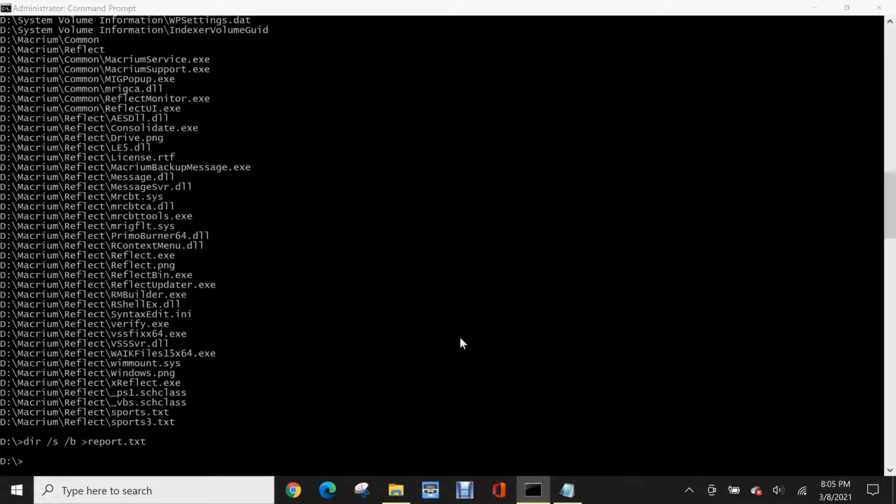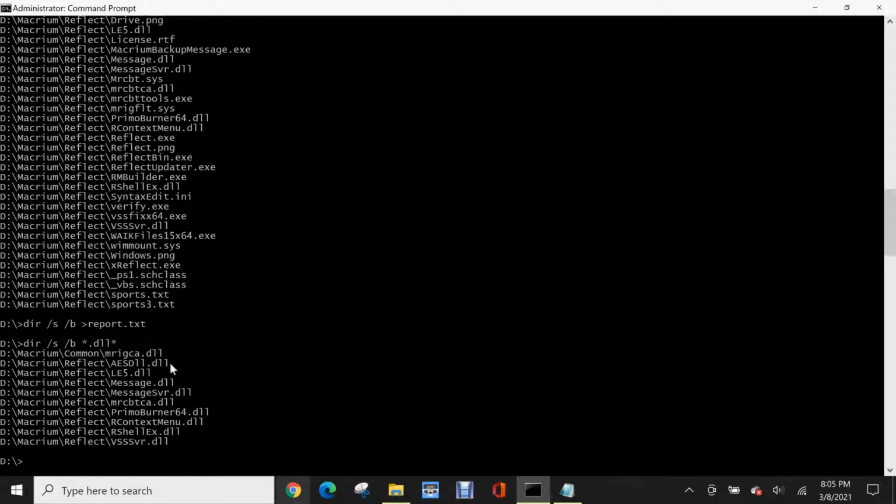Now let's suppose I want to find and display on command prompt a file or a file type depending on its name. So let's suppose I'm looking for only DLL files, like my mouse cursor showing here. I only want files that have the DLL extension. So what I can do is I'll type in dir /s /b, and then this time I'll put an asterisk, which stands for wildcard, type in .dll, and then end that again with another asterisk. When I hit enter, you'll see it's showing all the files in my D drive that